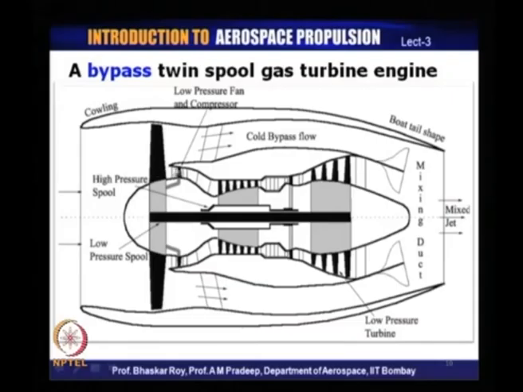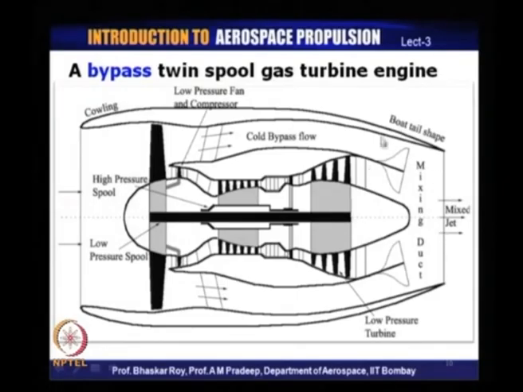So, a certain amount of air is coming in, and that is going through the propulsive device to give you a jet which creates a thrust. There is a certain amount of air that is going outside, flowing over the surface, and this air actually produces drag that is additive to the drag of the aircraft itself. And remember, the thrust that is produced by this engine would have to overcome this drag for the aircraft to